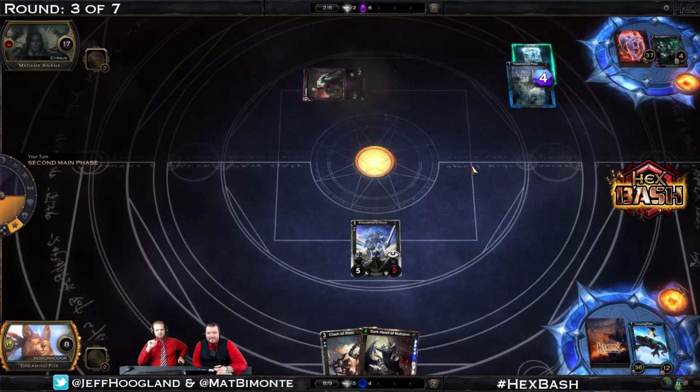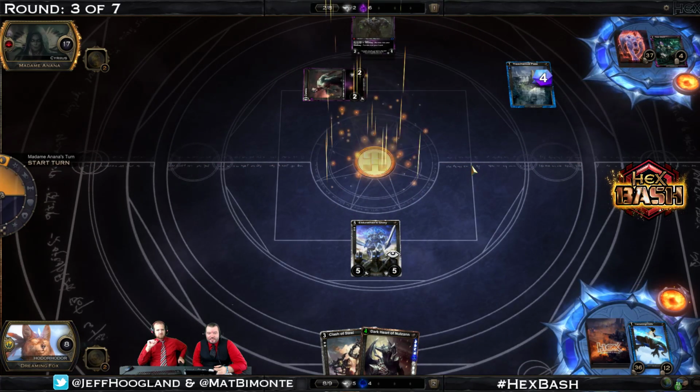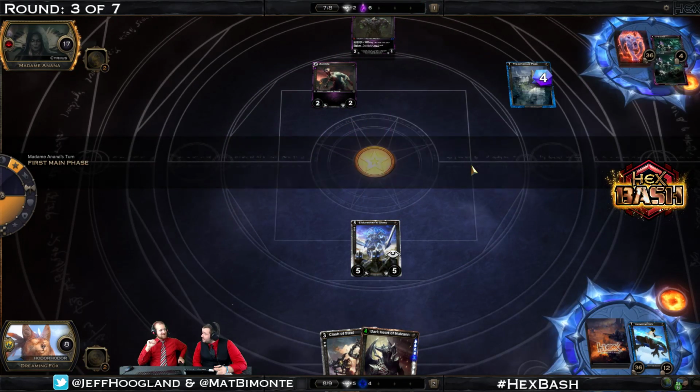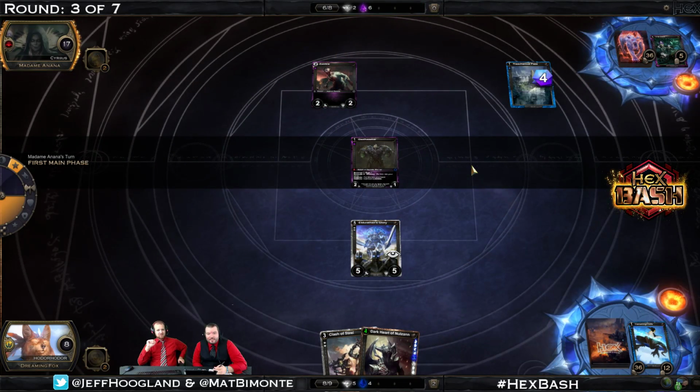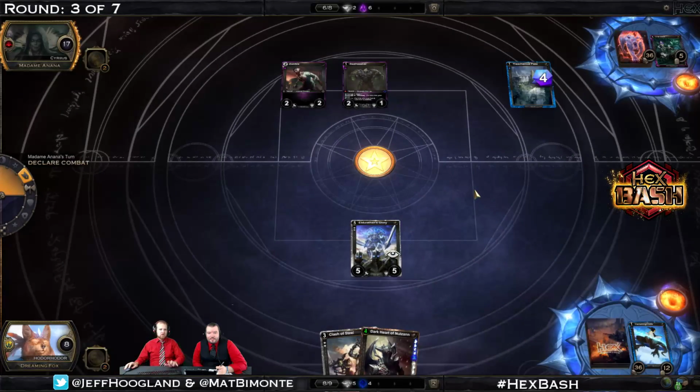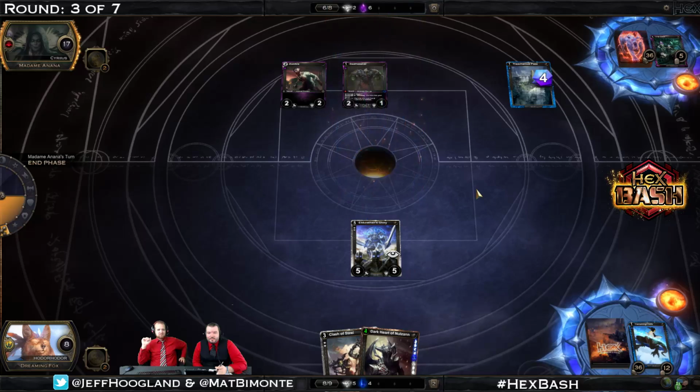Look at that. Death Seeker comes back to our hand because of the Scrounge ability on it. All right, we drew First Rites. That's step 1. It's pretty good. All right, this Death Seeker, First Rites, adds a line of text, Death Cry, summon a zombie. So now when this guy chump blocks or gets beaten in combat, he's going to...